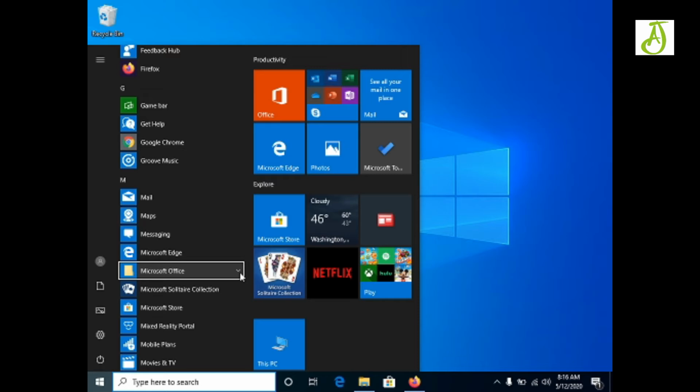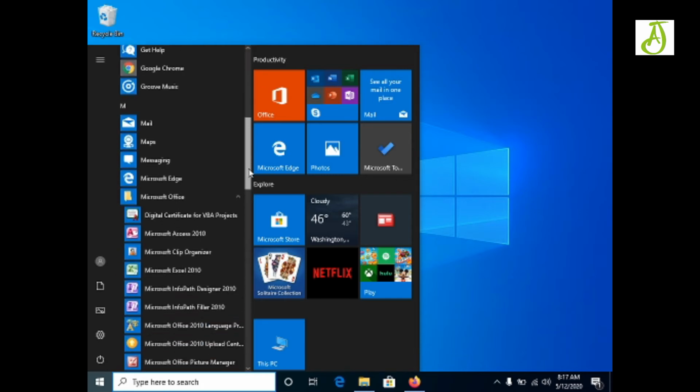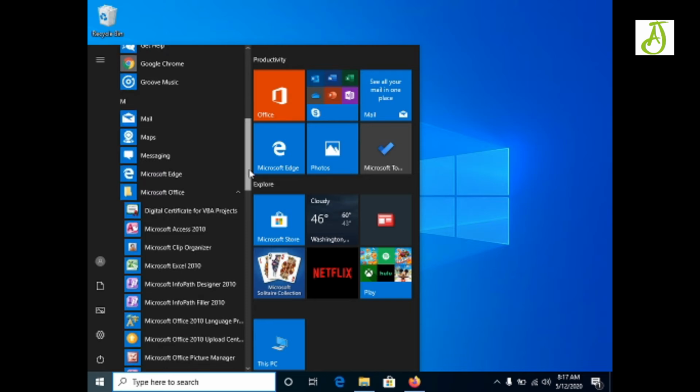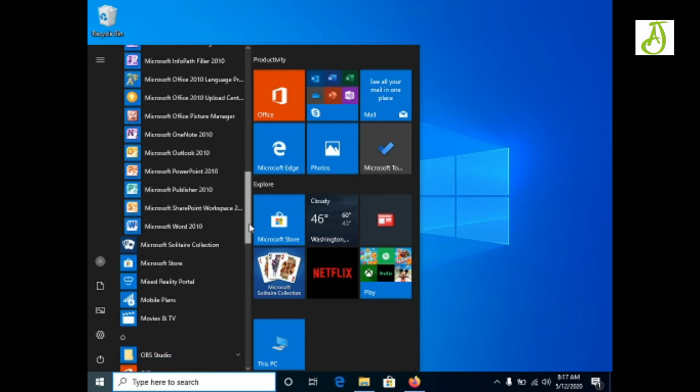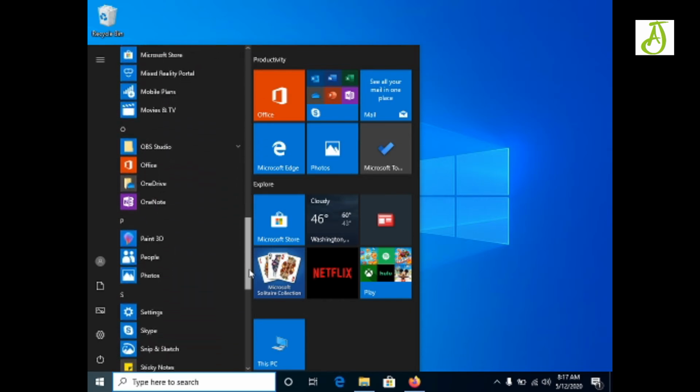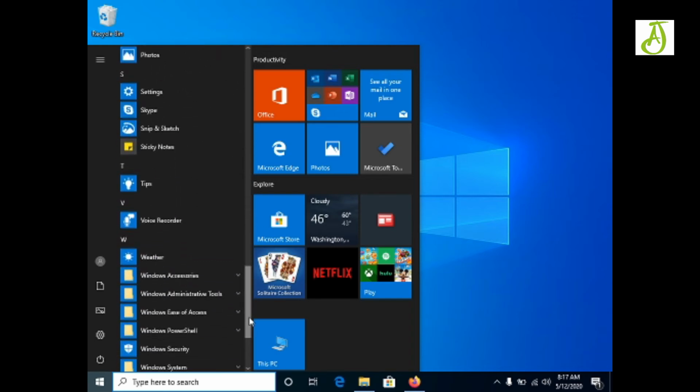Now, if I click on here, I can see that we have digital certificate, Microsoft Access, Microsoft Clip Organizer, Excel, InfoPath, and many more. So you can see we have many apps installed in this Windows 10.